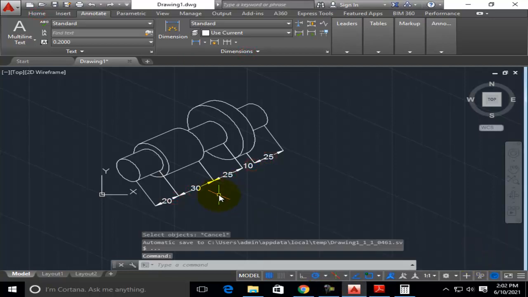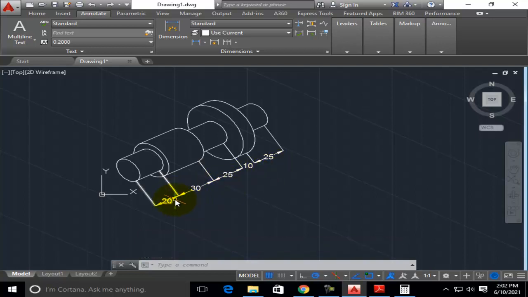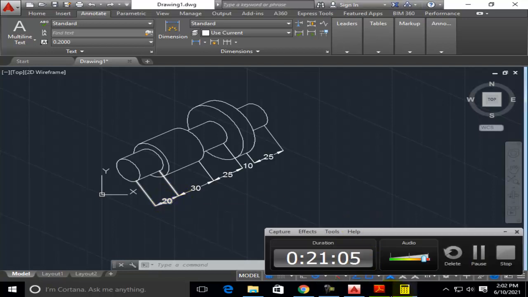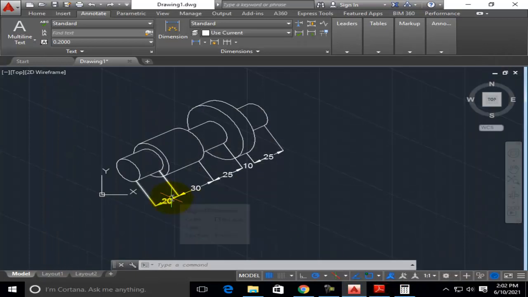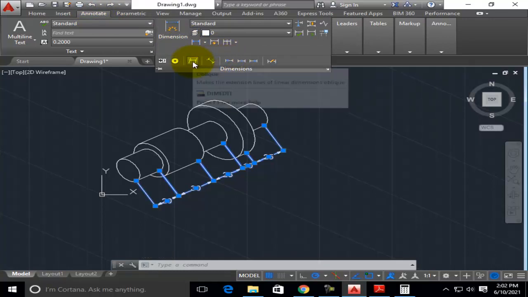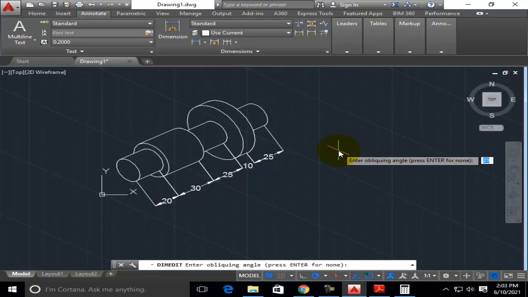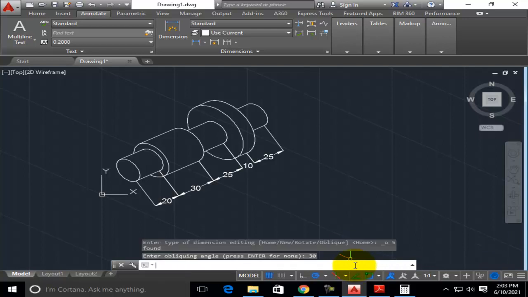If you see in this diagram, these dimensions are not at an angle, and it is somewhat not clearly visible like the question given, not in isometric projection. So we have to create it in the oblique projection method. Select all the dimensions, select the dimension option available in the annotate tab. Below that, extend the dimension option, select the oblique option here. Also you have to give the oblique angle as 30 degrees, or you can use 150 as the angle.